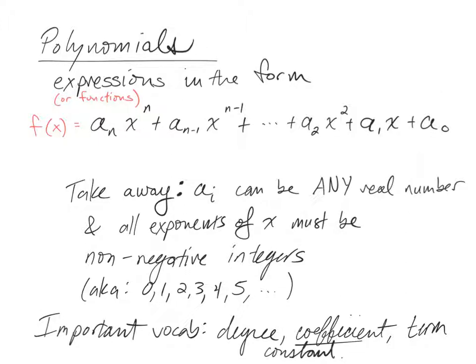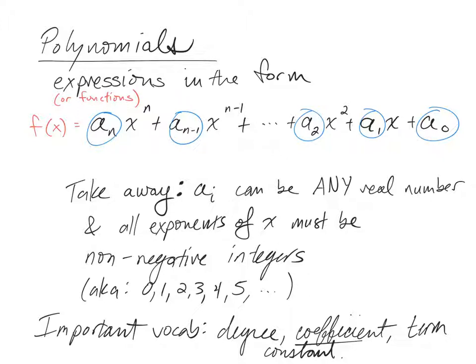So the takeaway here is the a sub i, so any of these up here, I will circle those in blue, any of these numbers here, or any of these variables, can be any real number that's positive or negative. So if this a sub n minus 1 ends up being a negative number, we could just write minus here. So, a sub n x to the n power minus a sub n minus 1 x to the n minus 1. So we just have to make sure that they're real numbers